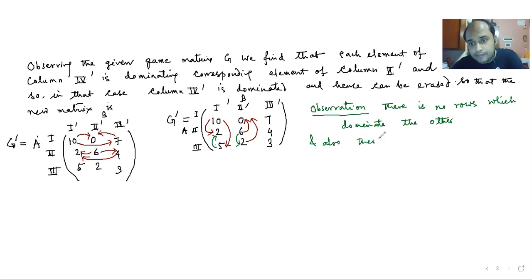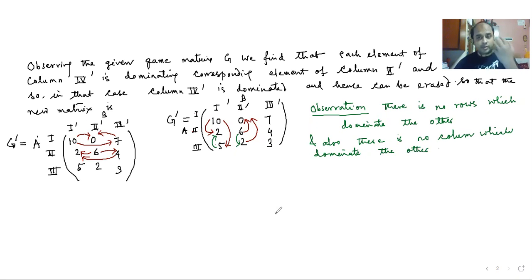So my second observation is that there is no column which dominates the other column. Okay, so as the theorem says, we are not able to find any dominated row or dominating column. But there is another portion of the theorem which says that there might be